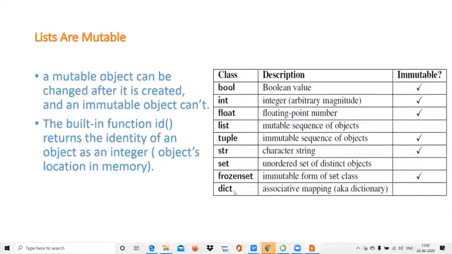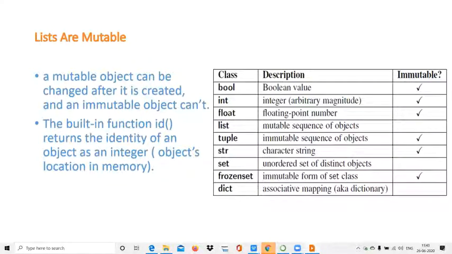Set is mutable, but frozen set is the immutable form of the set class. Dictionary we will see in some later classes. Right now we have to remember that lists are mutable, that once created, they can be changed.